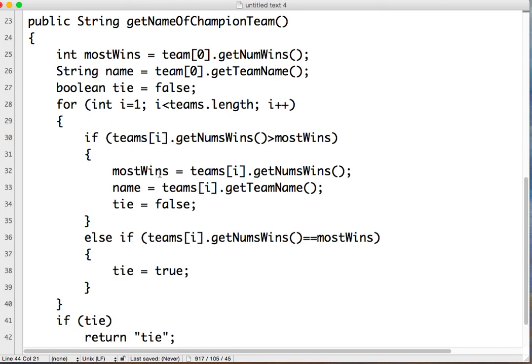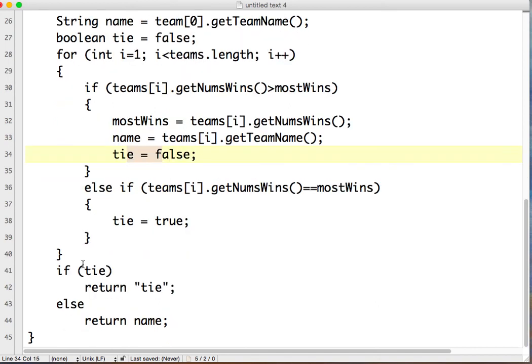If you find a new champion, we do this with the additional wrinkle of there's not a tie. If we find an exact number, we set tie to be true. And then after the whole for loop, we say if it's a tie, return the string tie, otherwise return the name itself. There are other solutions to this, but some of them might require going through first with a for loop and counting up the number of wins, then going through and checking. Those solutions would work, but you'll see in the handout, I asked you just with one loop, and this is the only way I can think to do it that involves one loop. And there's your third solution, and